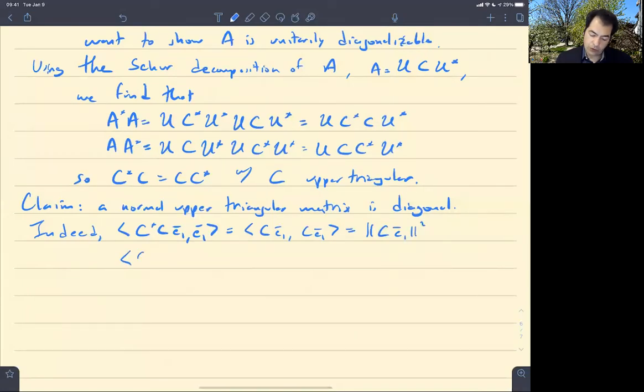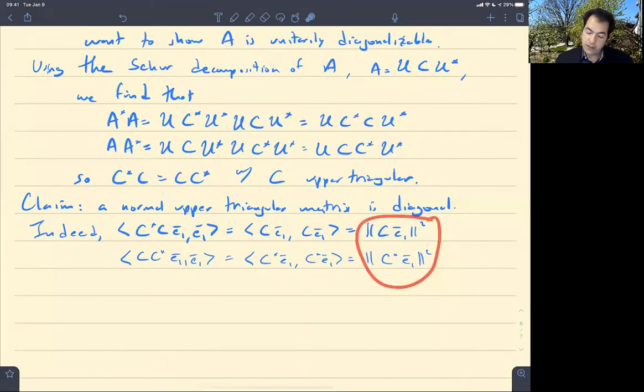And if you do C C star E1, E1, then you get C star E1, C star E1. So you get the norm of C star E1 squared, right? Now, if your matrix is normal, then C star C is the same as C C star. And so we conclude that CE1 has the same length as C star E1,